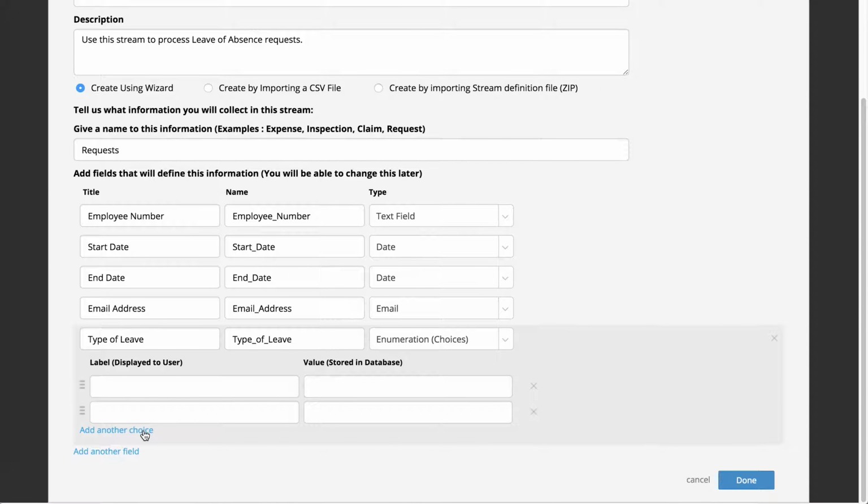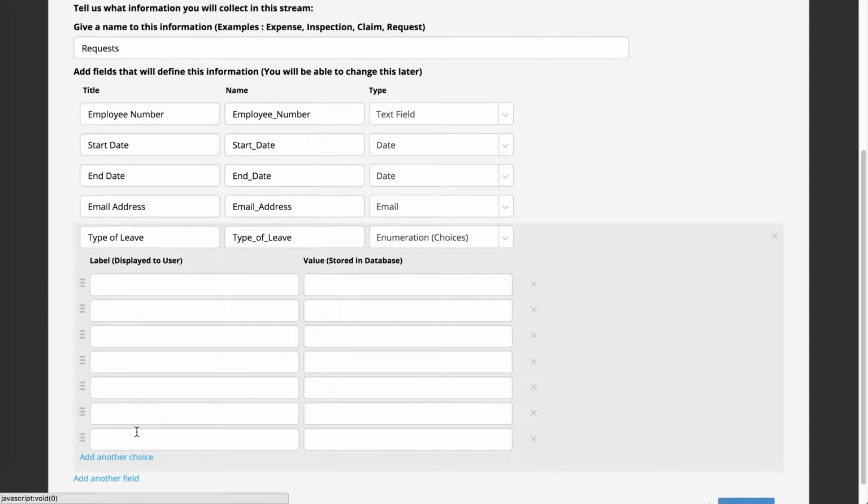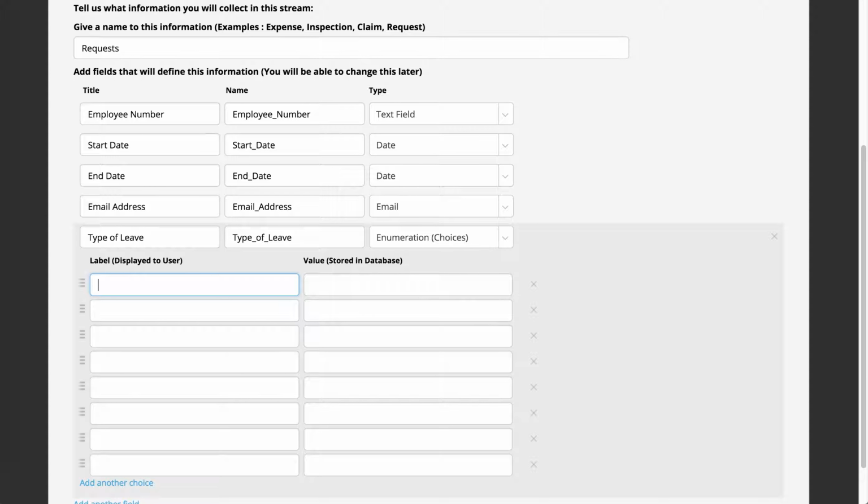We want to give the user 8 choices. So click on add another choice until you have that many. 1, 2, 3, 4, 5, 6, 7, 8. And these are the different types of leave that someone can choose to take. So we're going to have FMLA, paternity,